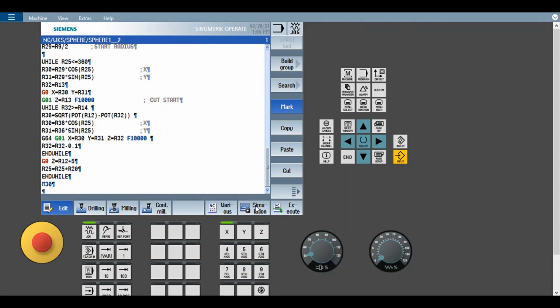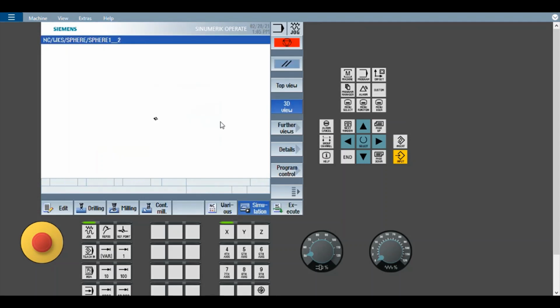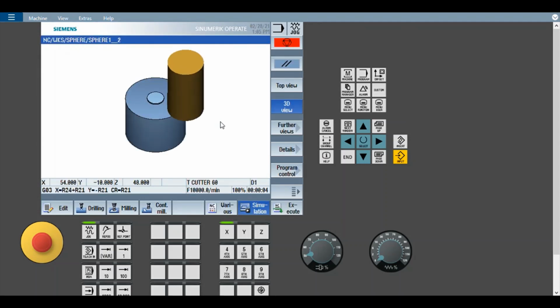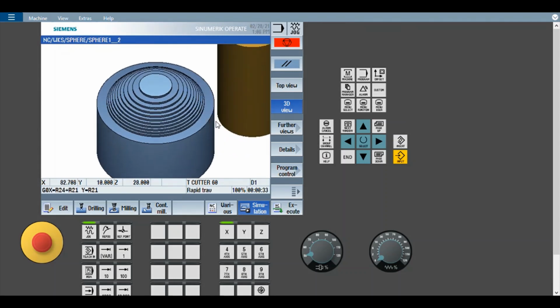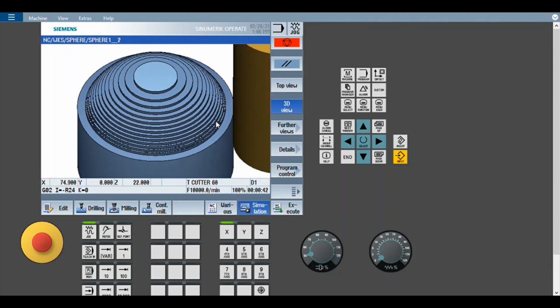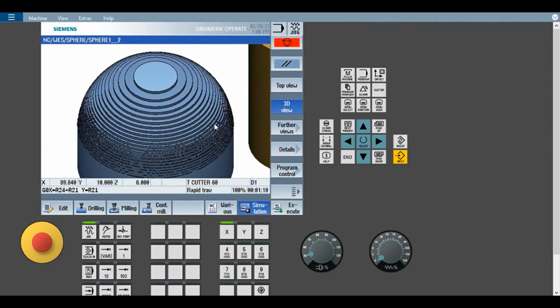We'll have a look at the simulation. Roughing is same. Roughing is done by a bigger end mill.